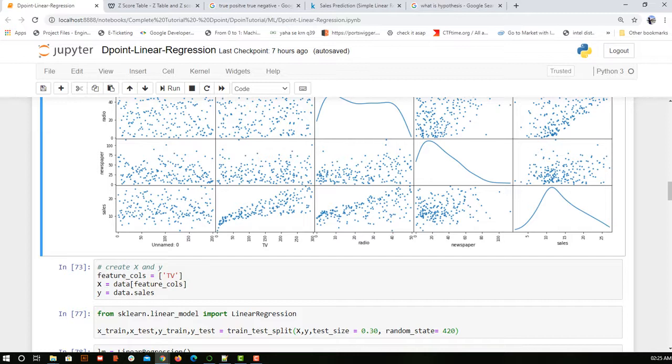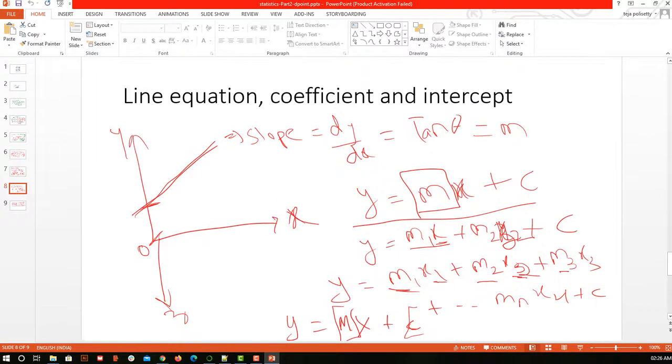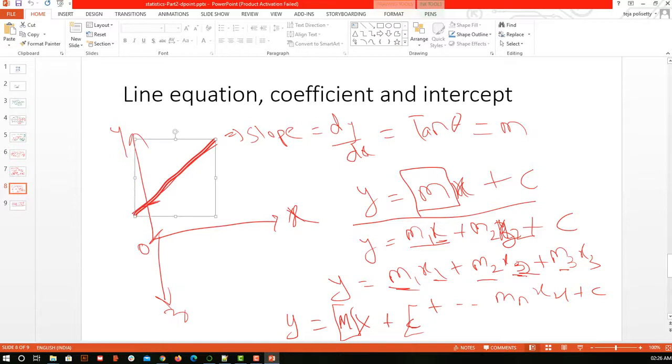But as of now, as I have seen, y equal to mx plus c is our line equation. So let me open my presentation and show you. This I have explained in my statistics part. The writing is not so good, but you can understand. If this is the line, it is intersecting at a point called c, and the slope is m for the attribute along the x axis. So for that we have y equal to mx plus c.